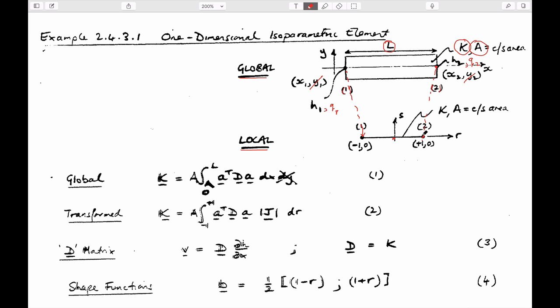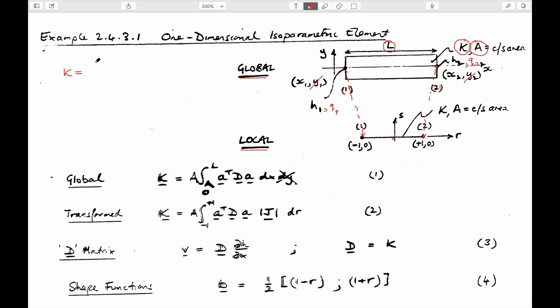These just map onto each other. So it's uniformly taking this larger element of the global sense and squeezing it down to get it to the local case. Again, it has these nodal values of head and flux at node 1 and node 2, but it just happens to be over a different length. And so if that's the case, then our conductance matrix is just going to be equal to,